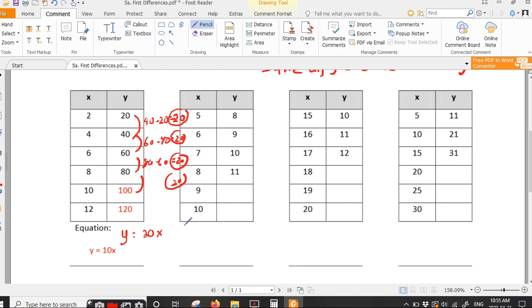Now, the only issue is this. What is it starting at? Well, we don't know, do we? So we want to know, when the x value is at 0, what does it start at? Well, I notice here that 20x is actually wrong. Why? Because